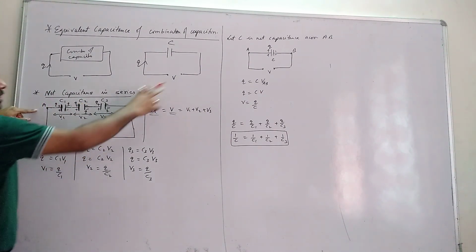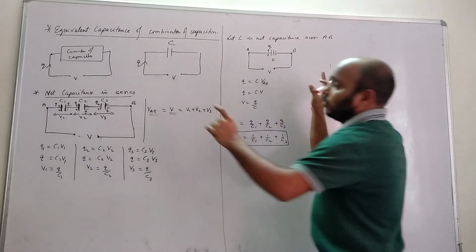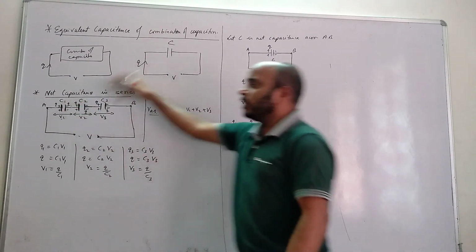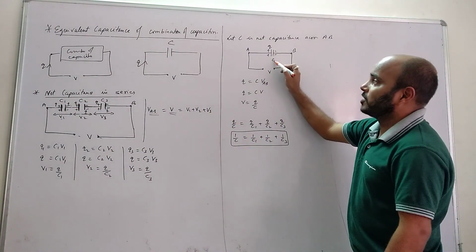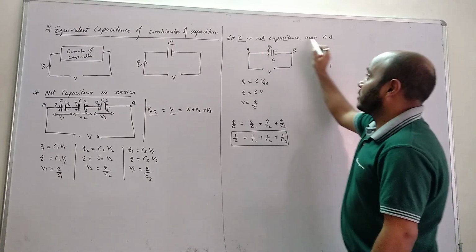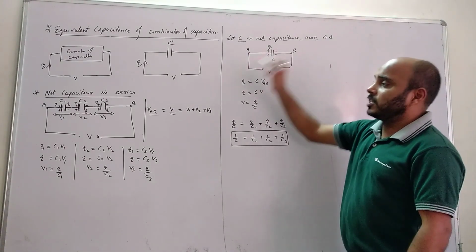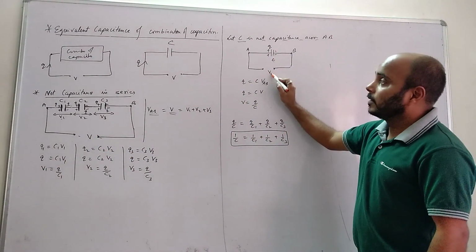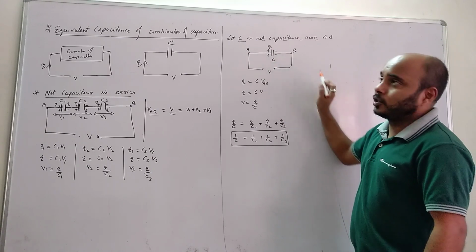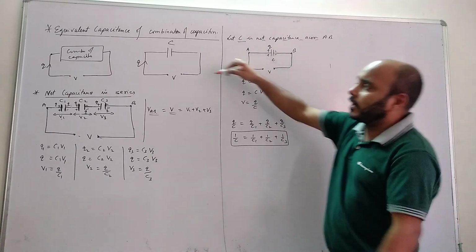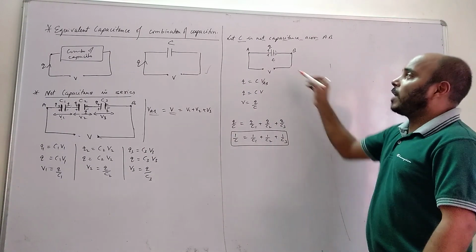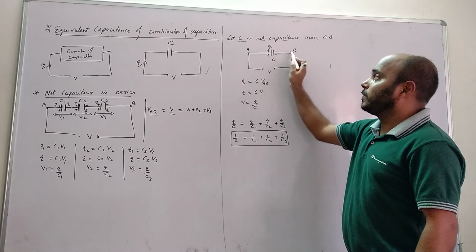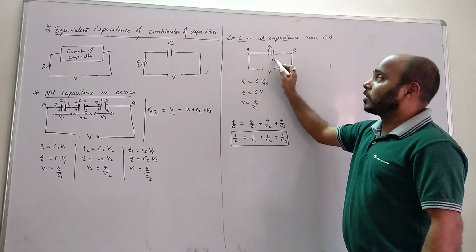So across AB, this figure and this figure are same. What I am doing is, in place of the three capacitors across AB, I am removing the three capacitors and placing a single capacitor C. And I am naming C the net capacitance. If C is the net capacitance across AB, that means whenever I connect C with the same source V, we'll have the same charge Q. That is the definition of net capacitance. So if you apply the formula with this capacitor, Q equals C into the potential difference across it, VAB.